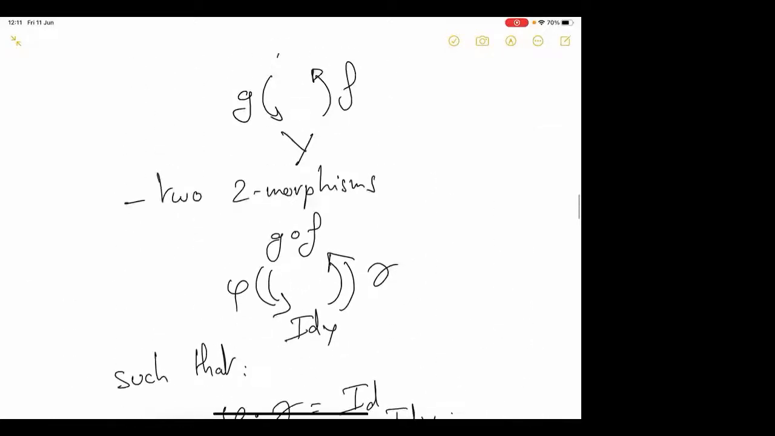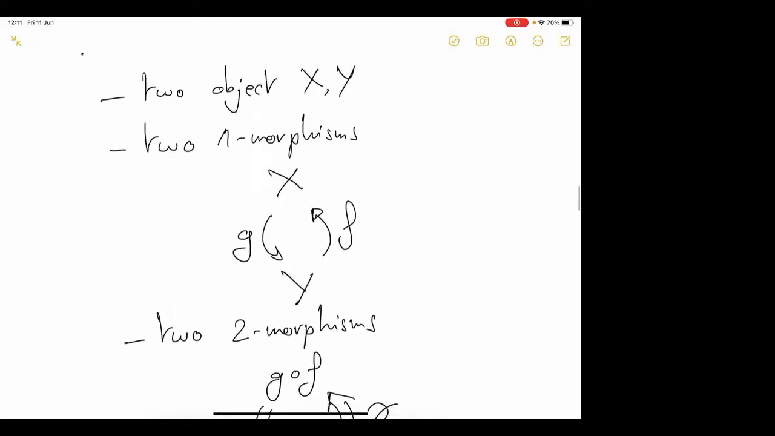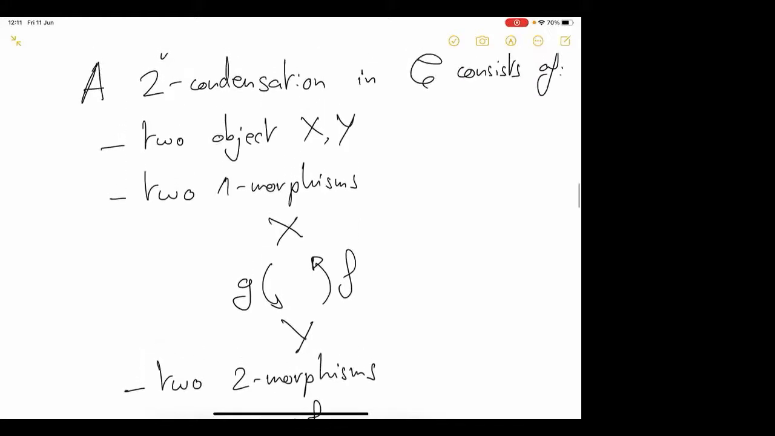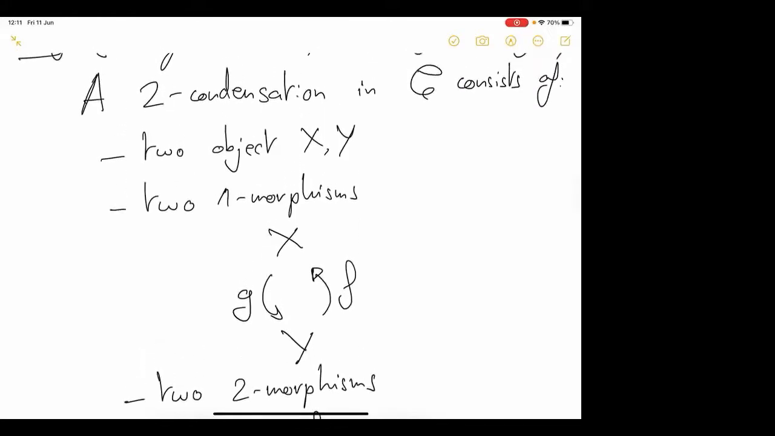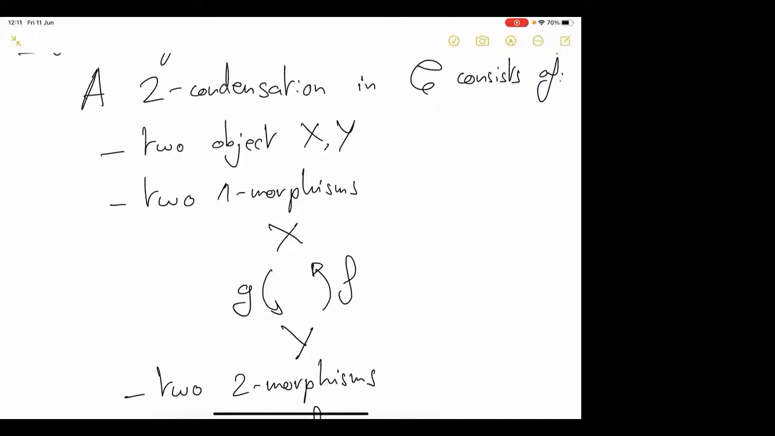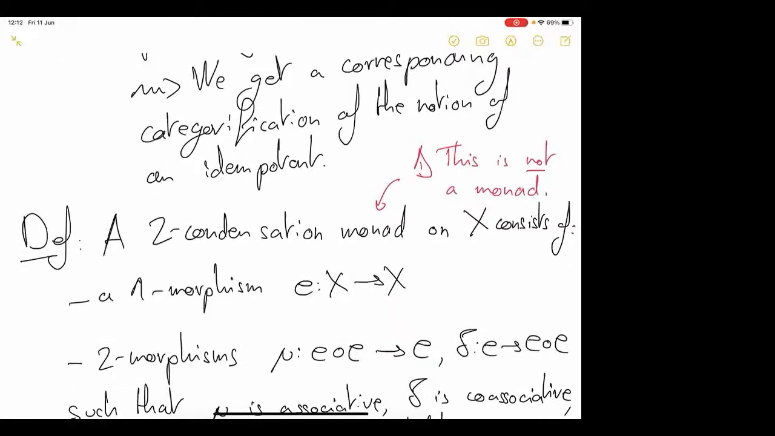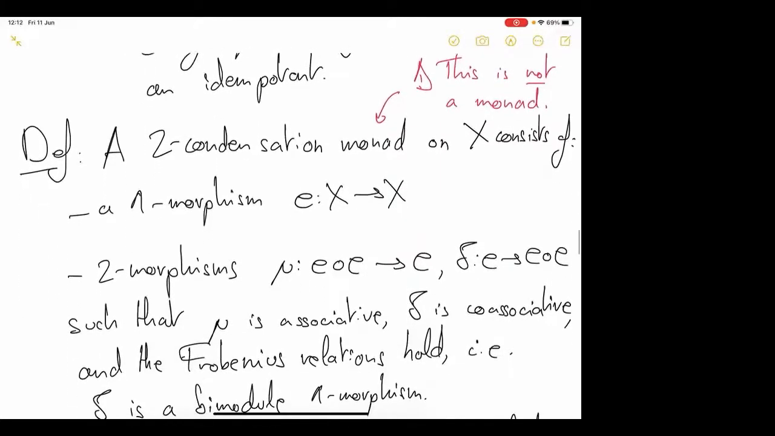And so now, if we restrict somehow these types of objects and only look at the structure that lives on X alone, which is what you would do if you wanted to recover the notion of an idempotent from that of a split surjection, right? You forget that you have something to surject onto. You only have the big thing, and you only look at what lives on the big thing, which in this case is X. Well, we will get our categorified notion, and it's very inappropriately called a two-condensation monad, even though